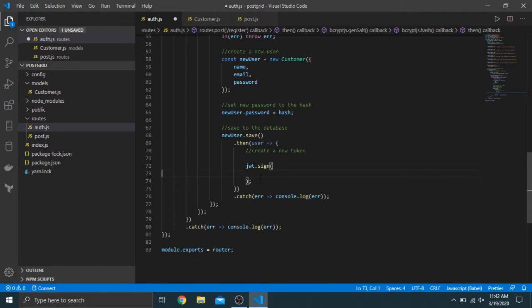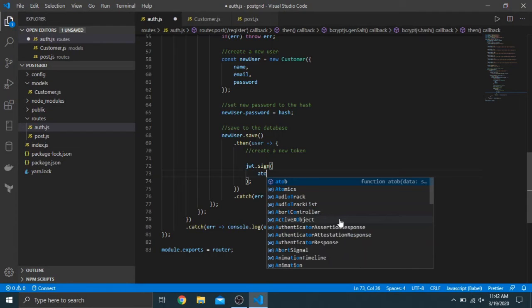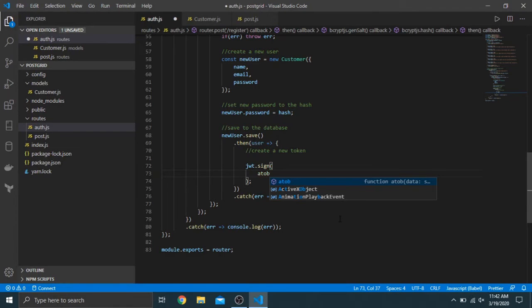The first one is the ID of the token. Now the tokens are base 64 encoded. So there's a function called atob, which you can use to decode it. And basically, you can split the